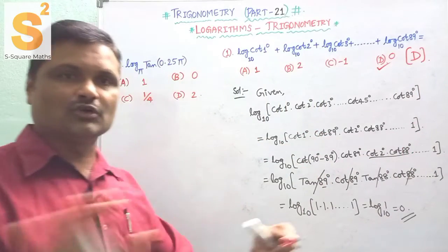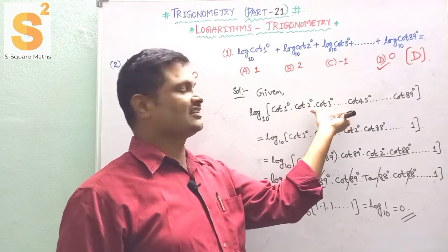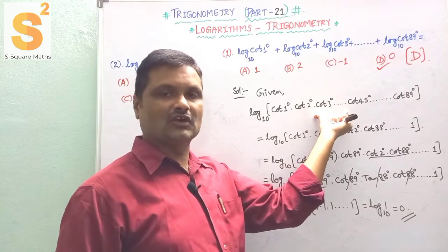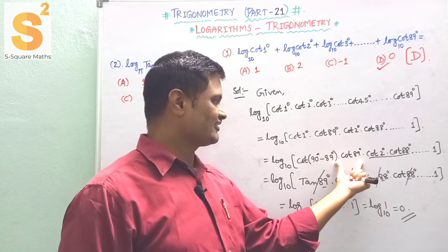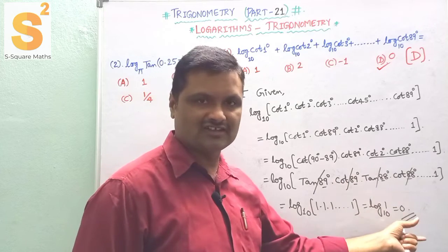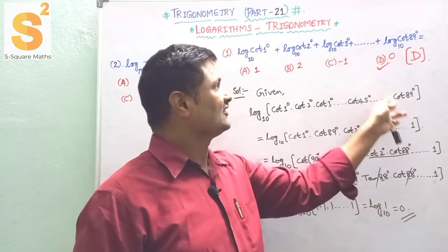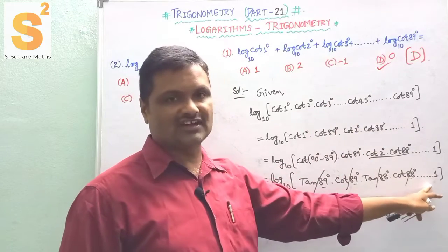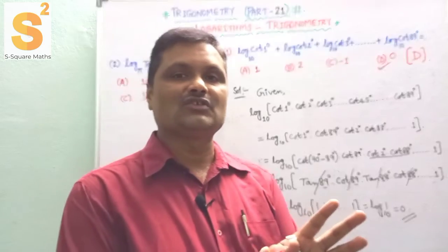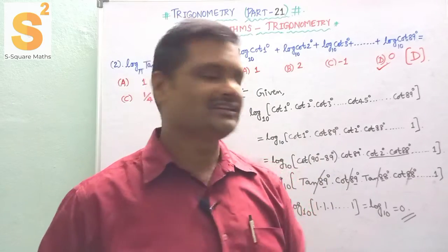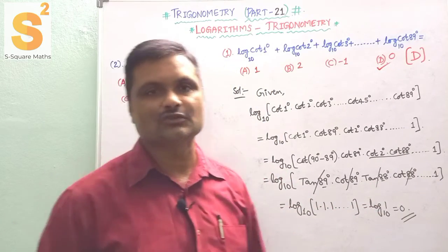So please viewers, no need to panic. We have applied here the addition law of logarithms and product law of logarithms, and later the trigonometric ratios of complementary angles, so all values will be cancelled against each other. Finally you can replace cot 45 as 1. Totally 89 values you will get here. So 88 values along 2 pairs you can club, and here cot 45 is 1. So finally log 1 to the base 10 is 0.